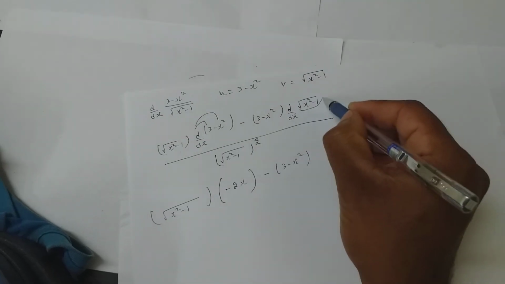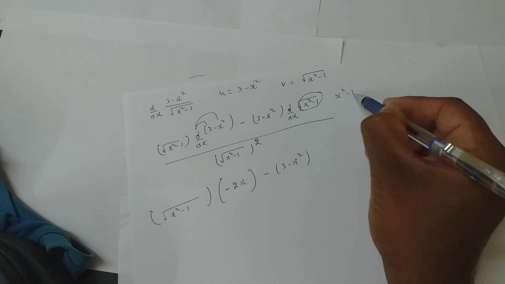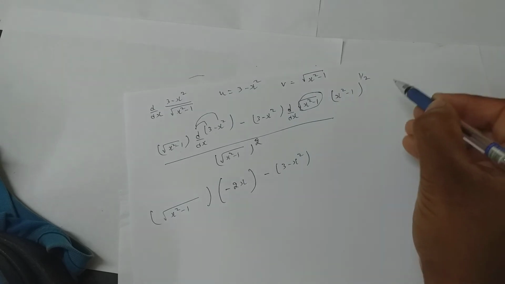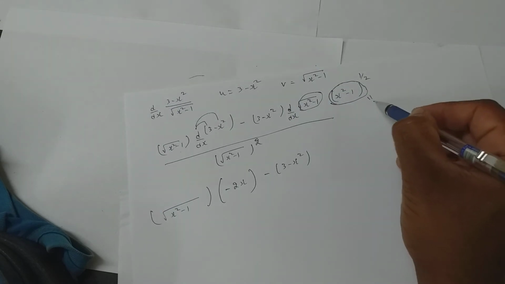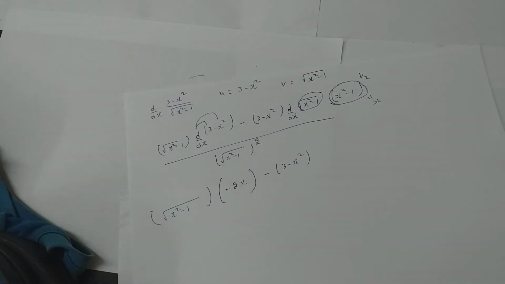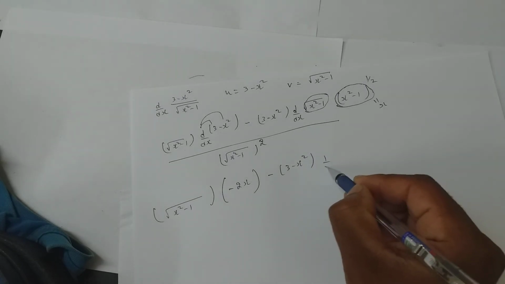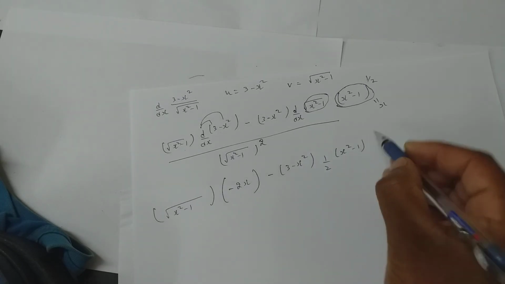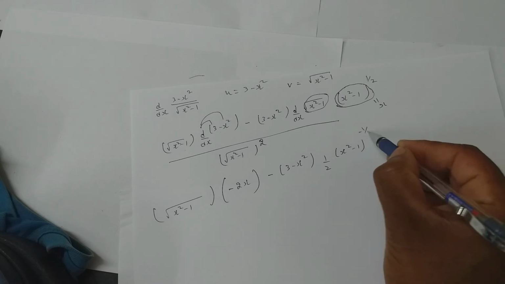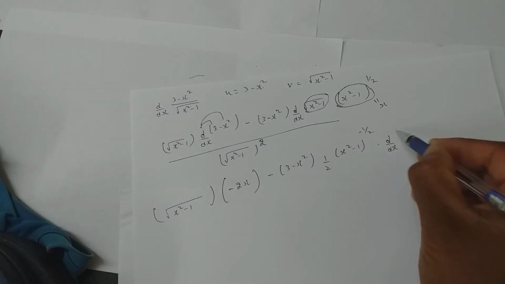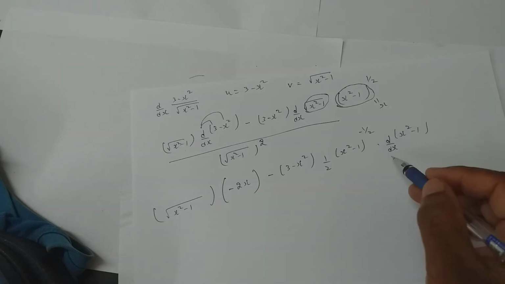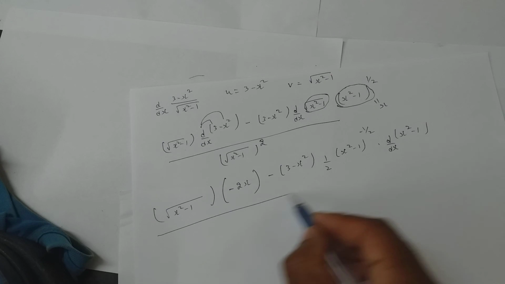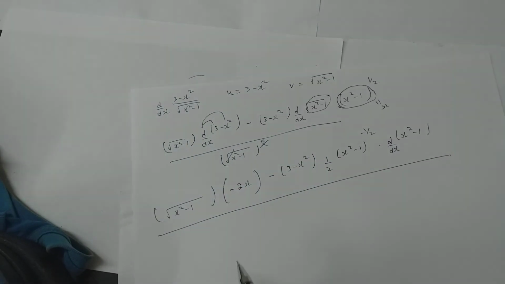Now this, how will you write? Directly it can't be differentiated. So it is nothing but (x square minus 1) power half. You will assume this entire bracket to be x. So now it is of the form x power half. So it is nothing but half into x power half minus 1, you get minus half, into, in place of x, whatever you have considered. This should not be missed. Most of the students miss this. By, here square root and square get cancelled by x square minus 1.